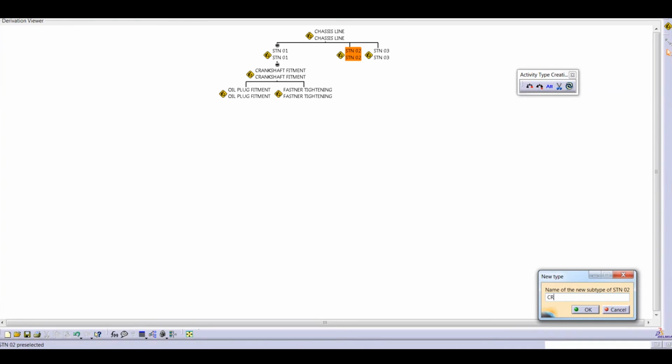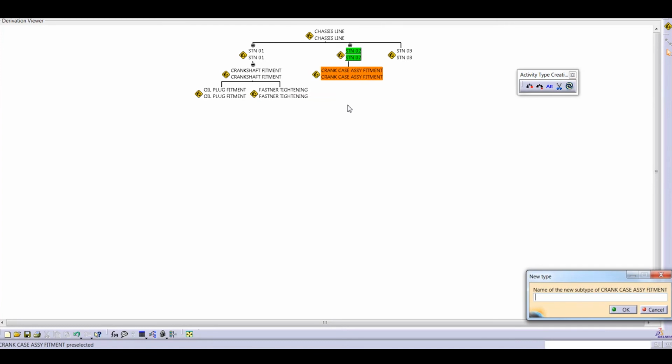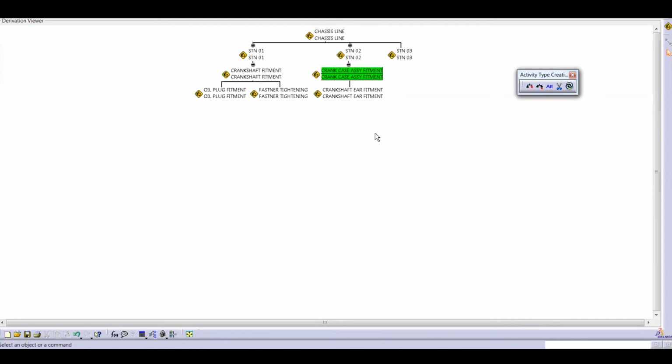Crankcase, crankshaft we also shifted to station 1, so it is a crankcase assembly fitment. For crankcase we are using one activity, crankshaft gear fitment. And for station 3 we are using cam assembly. Cam assembly has a cam gear fitment.